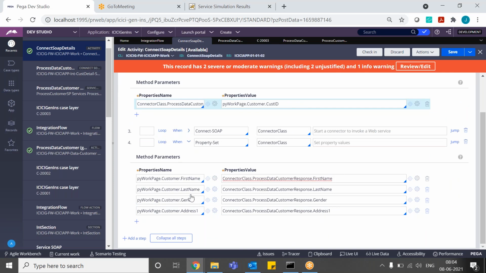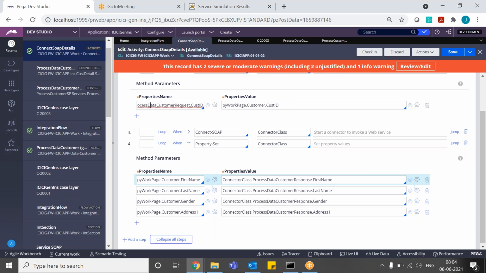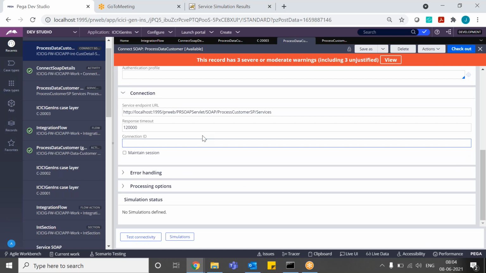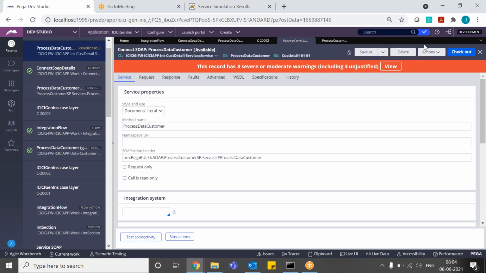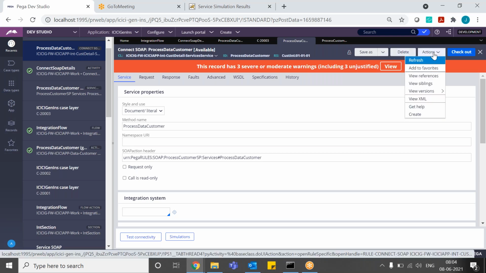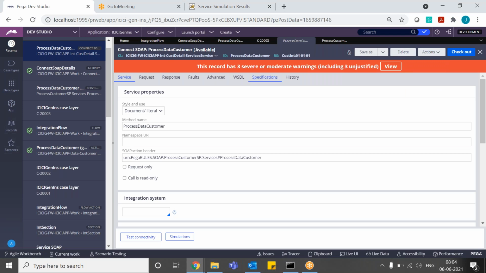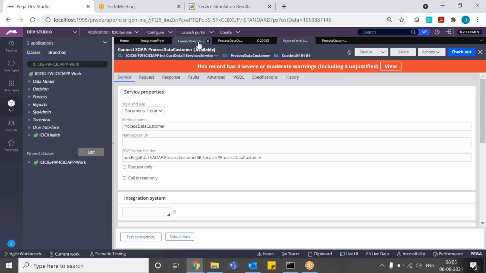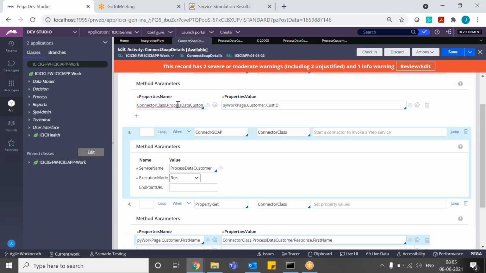In this connector, the request or response has something there. So the request and response class we gave as it is, which is in the class itself.